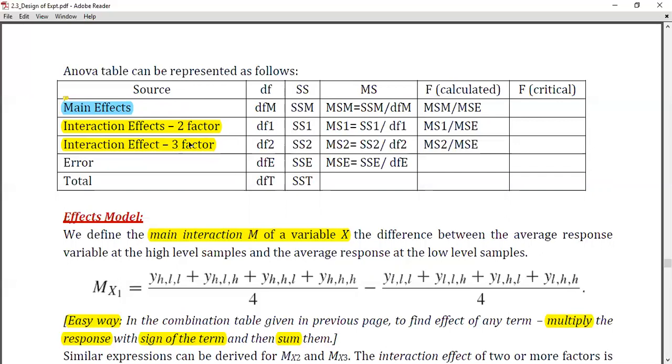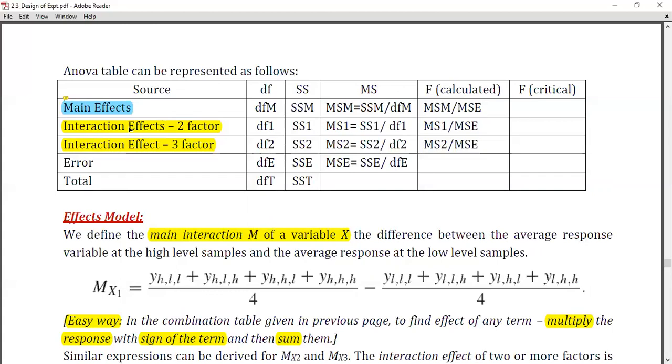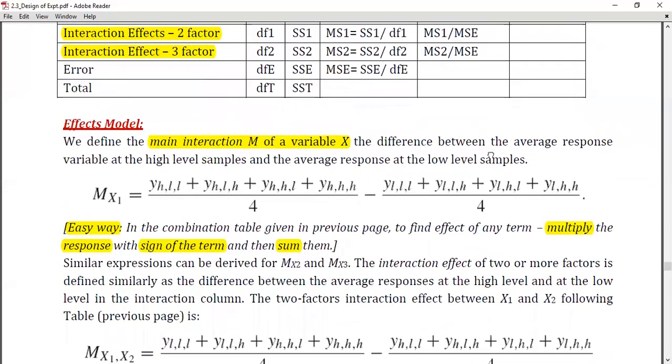Interaction effect, if there are 3 terms involved, sorry, it's not minus 1, it's equal to the number of terms. If there are 3 terms involved here, you will have 3 degrees of freedom. If there are 2 interaction terms, you will have 2 degrees of freedom. If there is only one term, the number of terms involved in that equation will be equal to degrees of freedom. Total will be the total number of experiments. Total minus these sums will be equal to error degrees of freedom. So ANOVA tells us whether these effects, interaction effects, are significant or not. Should we omit them? Should we retain them for the reduced fit model?